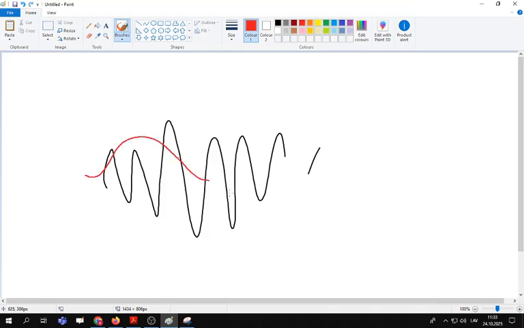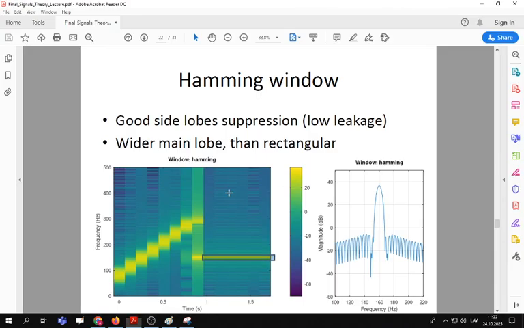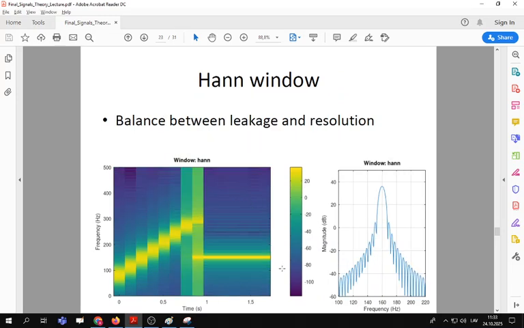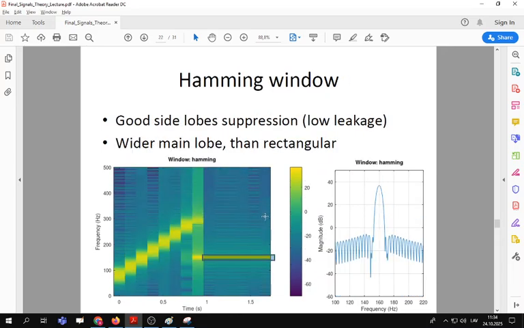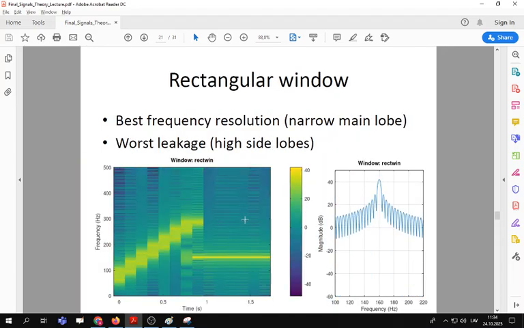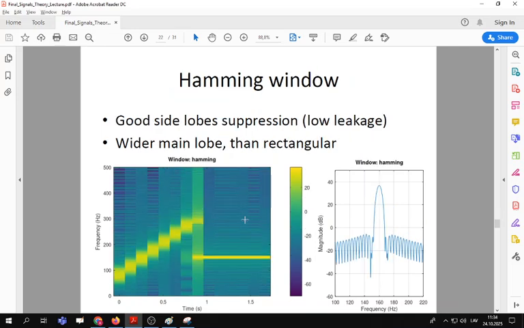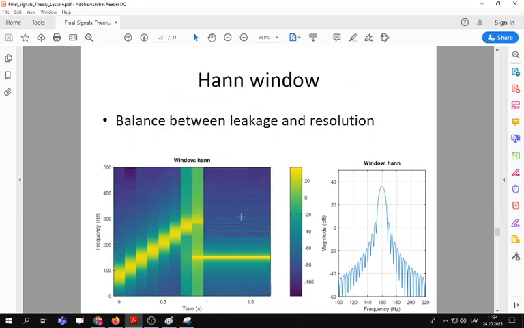It starts at almost zero and ends at almost zero, reducing those edge effects. There is also another window called the Hann window, which starts and ends precisely at zero. So Hamming has a little bit of non-zero contribution at the edges, and Hann has zero contribution. Again, we'll speak about those windows, their particular formulas, shapes, and so on in the next lectures. But right now, I just wanted to show you how this changes a spectrogram a lot. We had this rectangular window, this is the Hamming window, this is the Hann window,